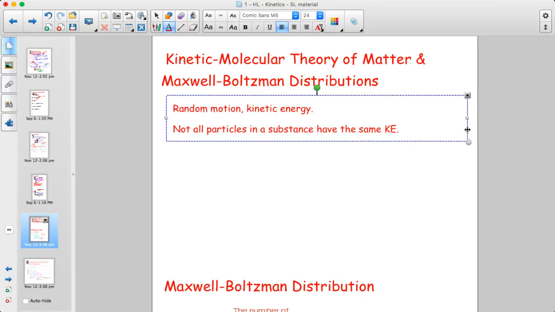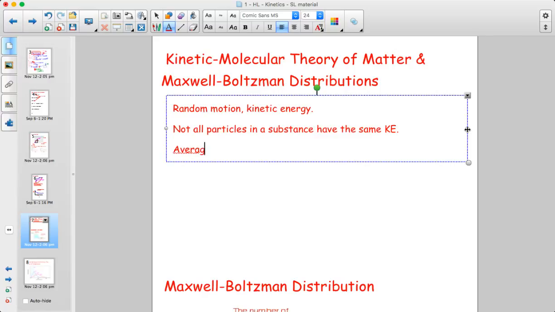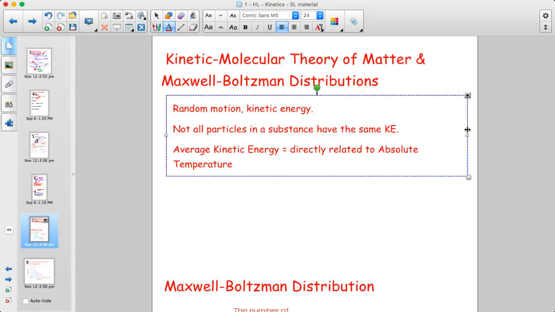If you had a gas, some particles are moving very, very fast, but some particles might be getting collided into in such a way that it nearly stops them for a split second in time. So what we really care about when we talk about particles' kinetic energy is the average kinetic energy. That's really what's going to matter. And the average kinetic energy is directly related to temperature, or absolute temperature, which means the Kelvin temperature. Okay? So just keep in mind that temperature has to do with an average kinetic energy, and recognize that not every particle in a